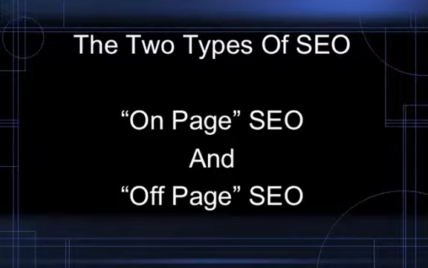And obviously the first on-page is what we're going to talk about briefly here, and those are the things that you can do within the body of your content, whether it's a blog or a website or your own article directory or whatever it might be. More than likely it's going to be a website or your blog, the two main kind of content management systems. But both on-page and off-page SEO are strategies that involve creating content and structuring it in such a fashion that people searching online for your product or service can find you.